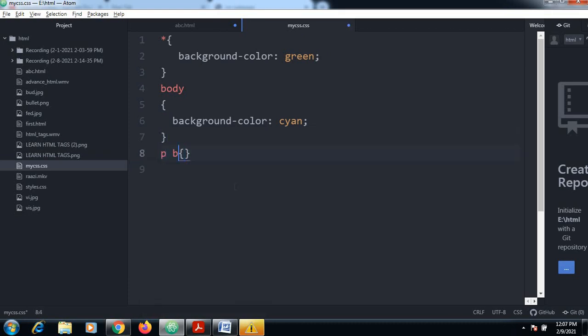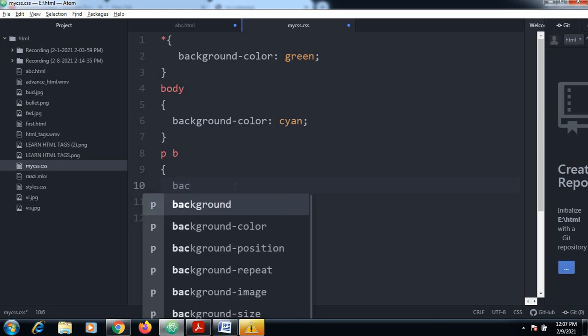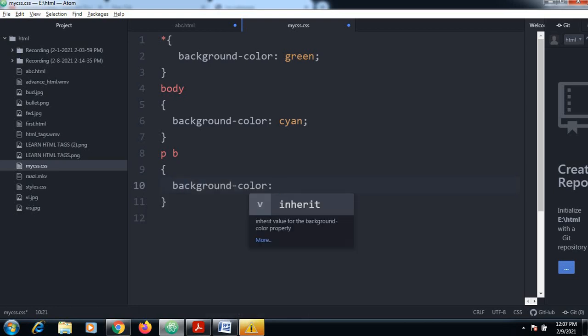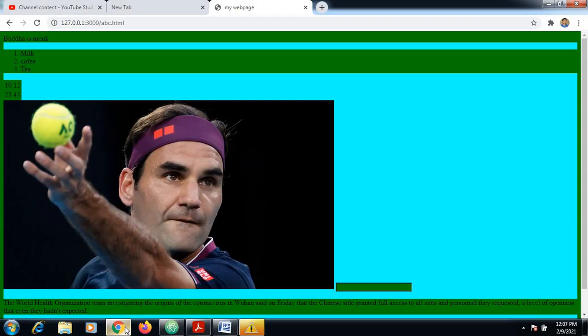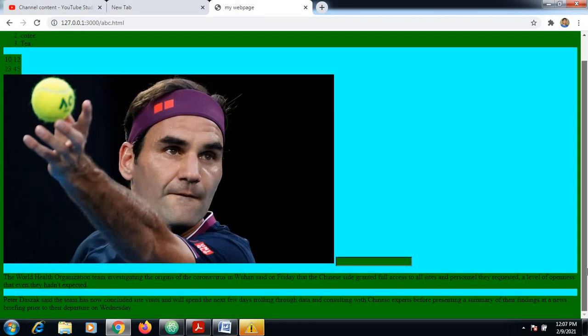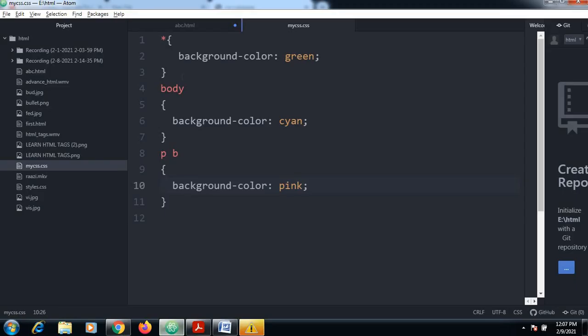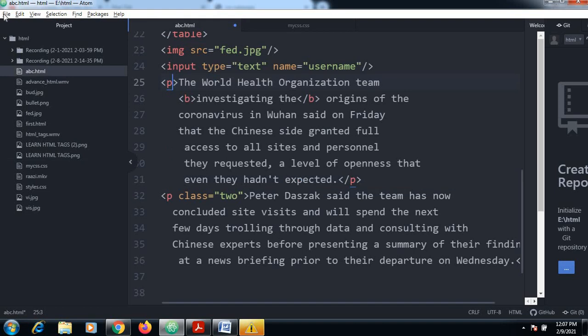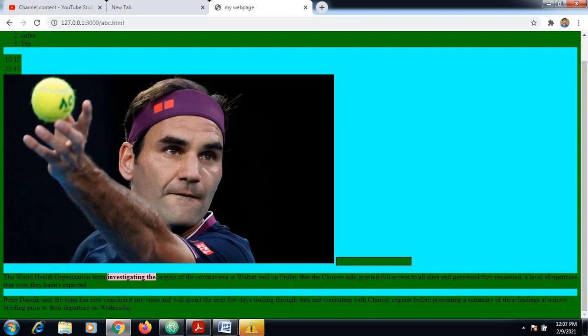This background color, I will change it to a certain color, or you can say pink. As you can see, this is appearing in a pink color. So only bold contents are changed now.